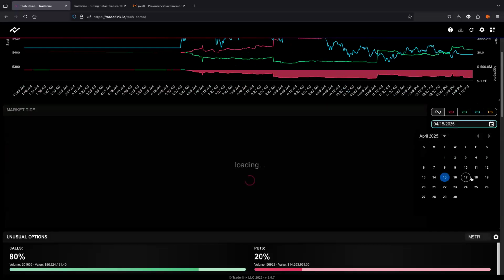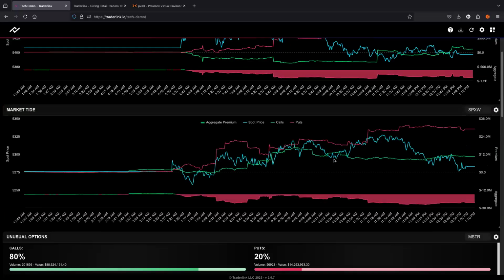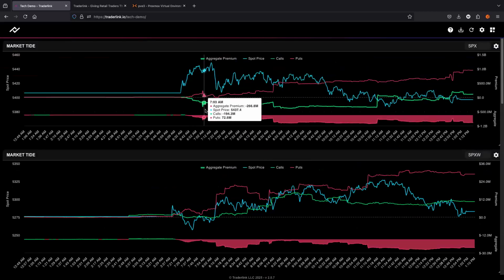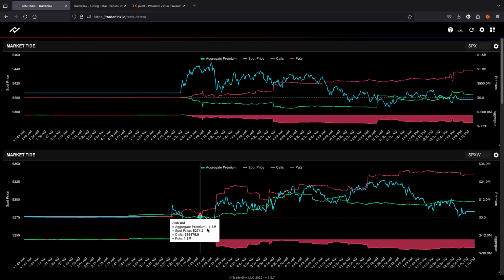All right, let's go to today and just see what we had, even though OPEX is probably a little janky. So yeah, you can see on the 0 DTE trades, a lot of puts were being bought. A lot of calls were being bought at the same time, but puts still kind of outweighed it, right? There was no divergence like we see here, where puts are bought and calls are sold. They moved in line,